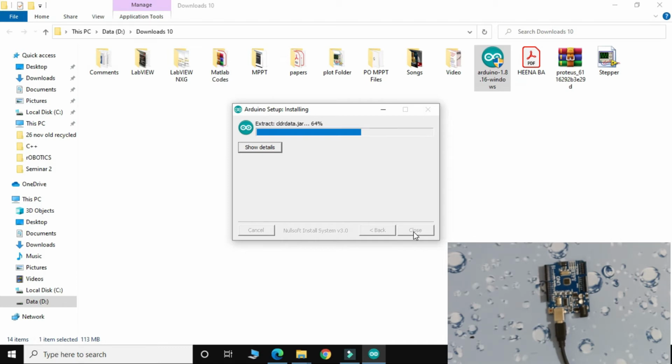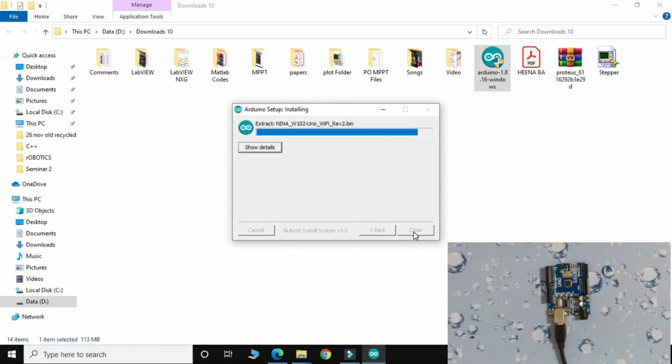So right now I just tell you how to download and how to configure your Arduino Uno, or how to run a basic program in Arduino Uno.